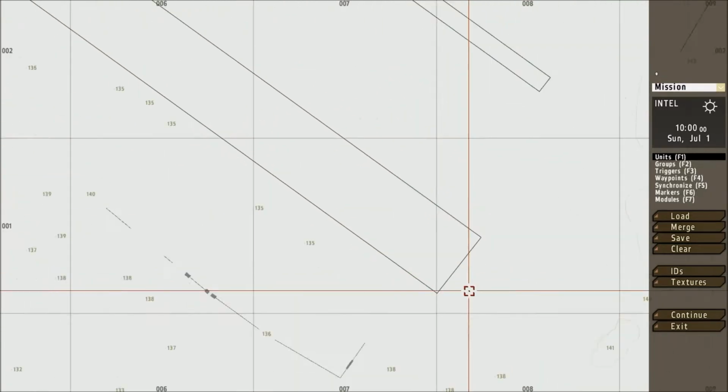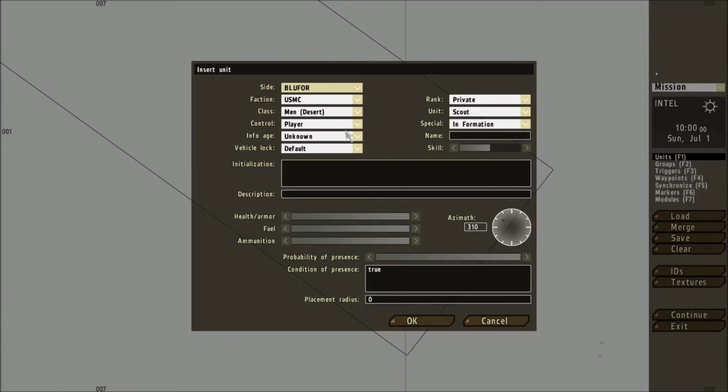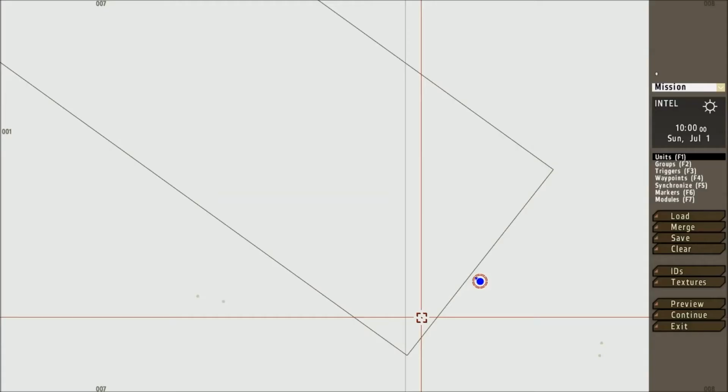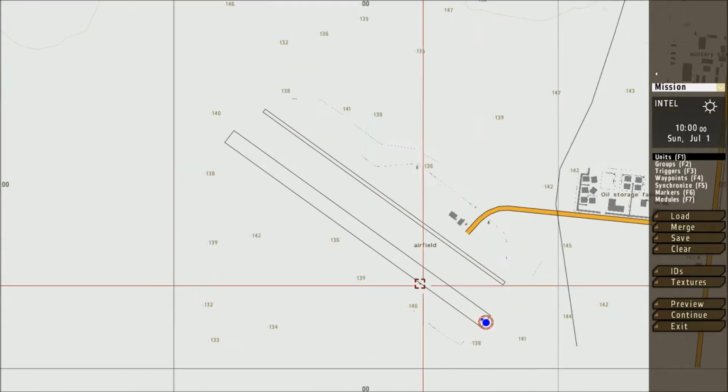So first things first, you need to place down a unit. The unit needs to be player. I chose scout because they have optics. And then this is important: the player needs to be named S1, right in the name slot. This is how the DAC logic interacts with the player. All right, once you have a player named S1,